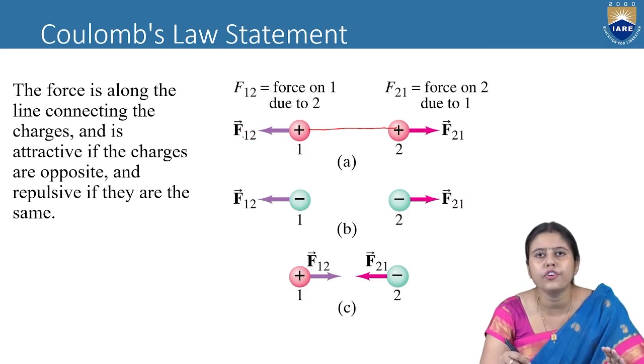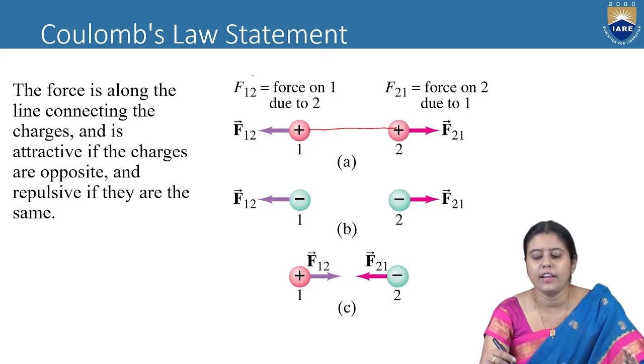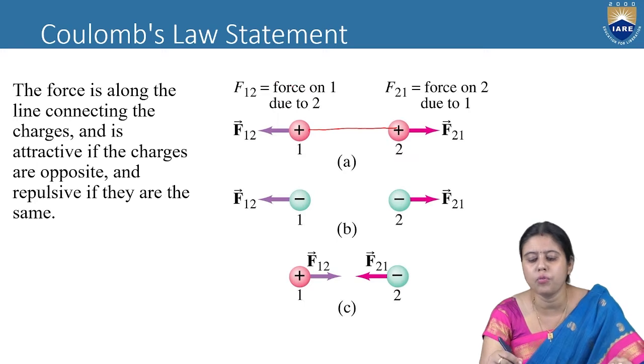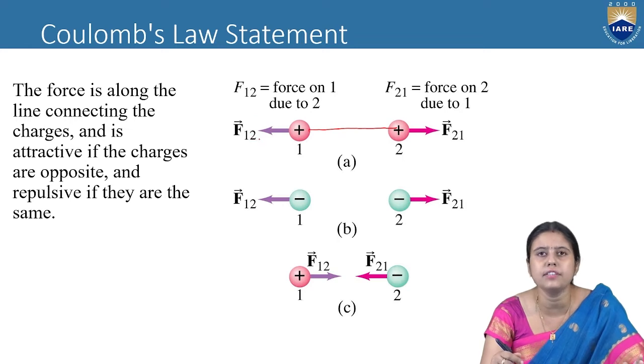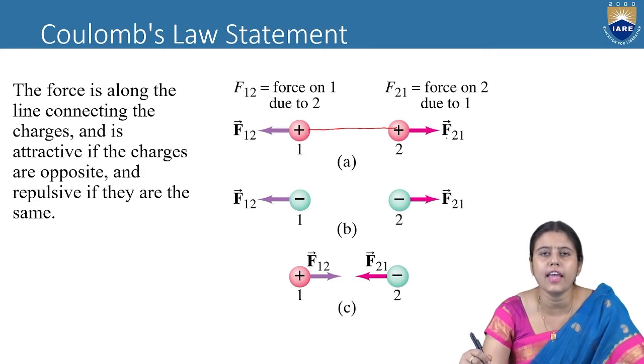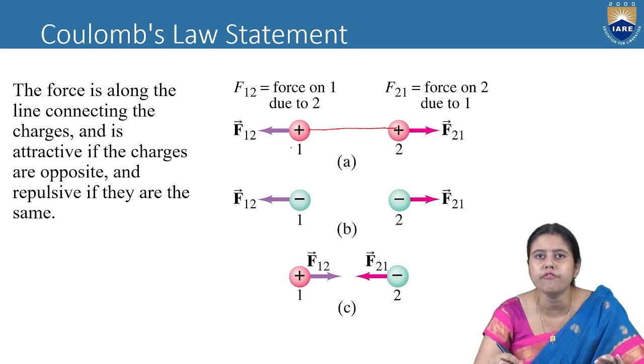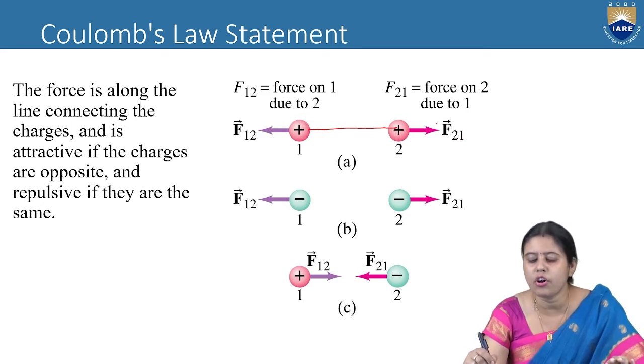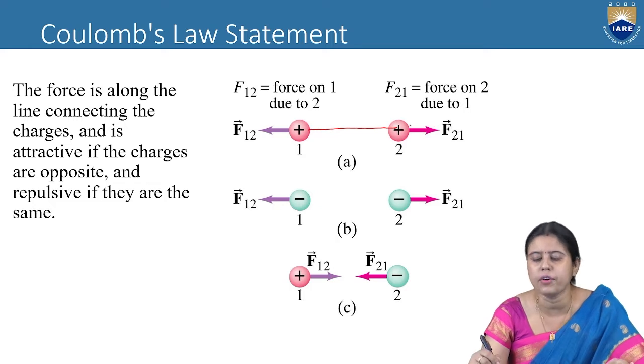F12 means force on the first particle due to the second particle, force on 1 due to 2, and it is going in the outward direction, meaning it is a repulsive force. Now if we think about this one, you can see it is written as F21. What is the meaning of F21? Force on the second particle due to the first particle, and it is also outward because both are positive charges and